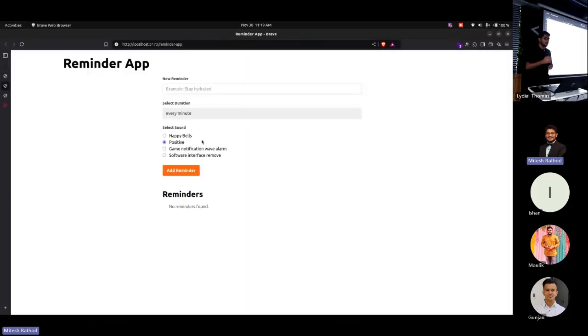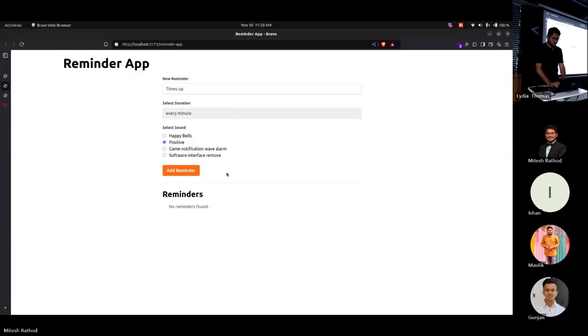Yeah. So the final app, a reminder app. Everyone has a to-do list. We have reminders, like every 15 minutes to remind me to drink water, or in half an hour, or after 1 hour I have a meeting, so remind me for that. I just created a simple one. It took lots of time, but let's say